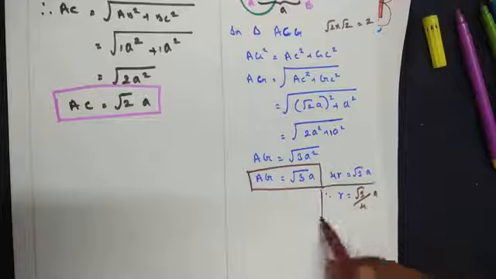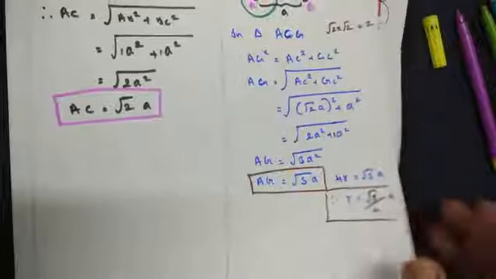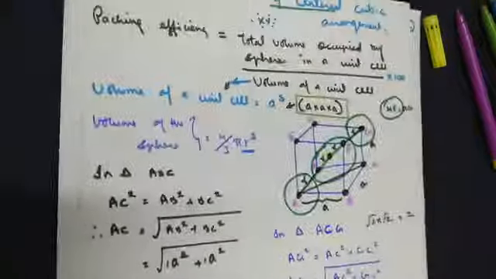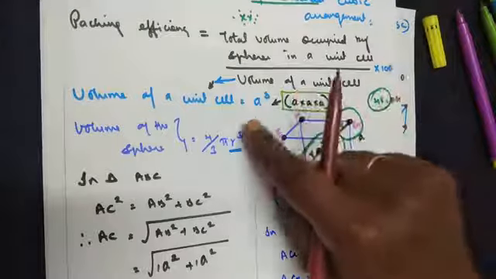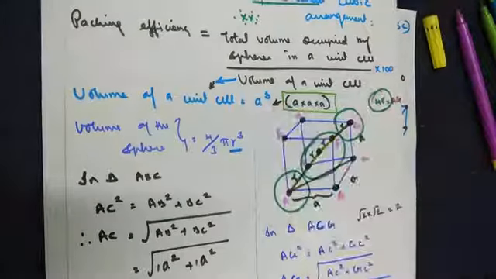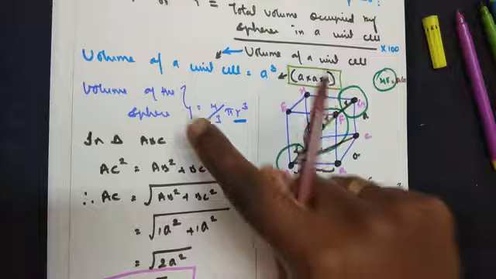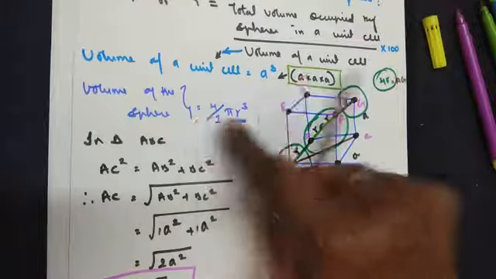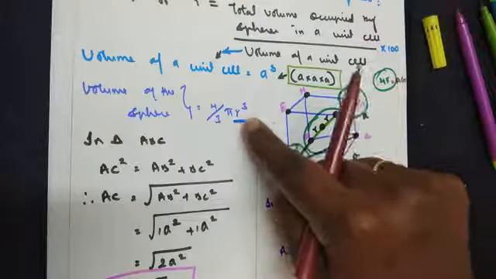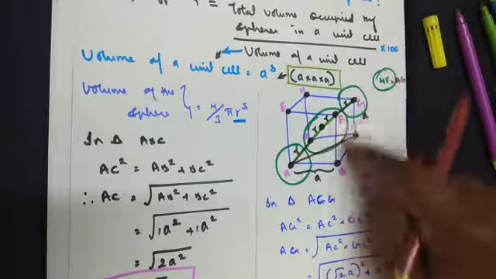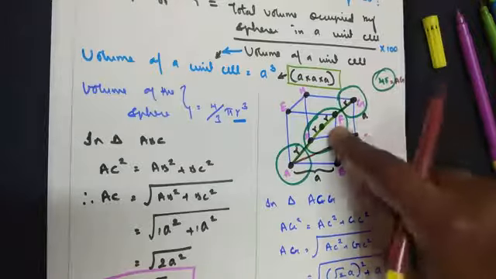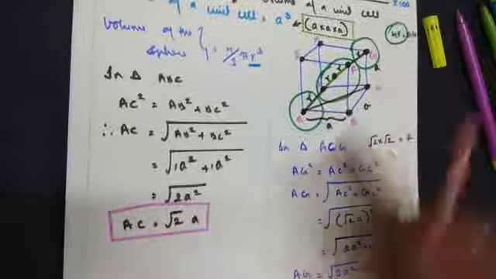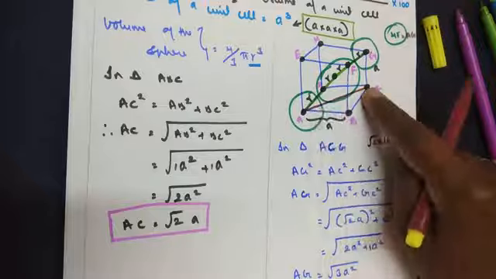So I hope the concept is clear. It's easy mathematics for you to work out. So we started with the packing efficiency formula, then the volume of a unit cell, that's the volume of a cube, which you know how to write down. Then we went on to calculate the volume of the sphere, for which we need to know the value of R. So I have done the drawing and shown how the spheres are shared here, and based on this we are calculating the value of one hypotenuse.